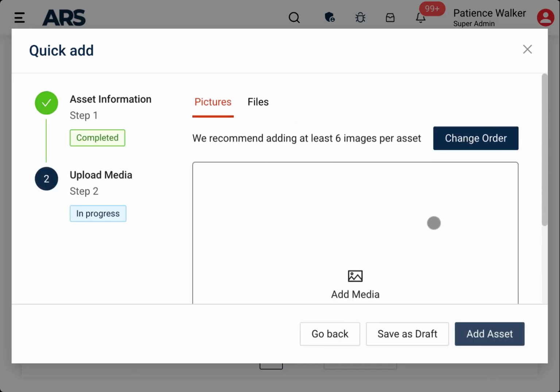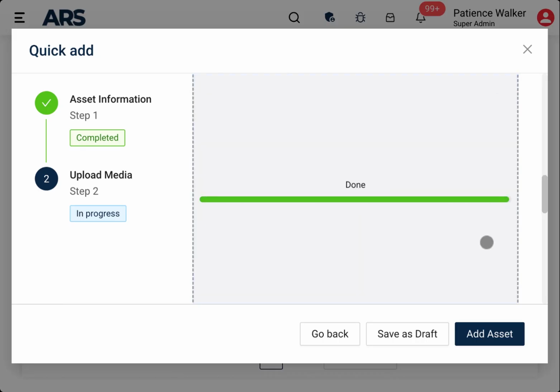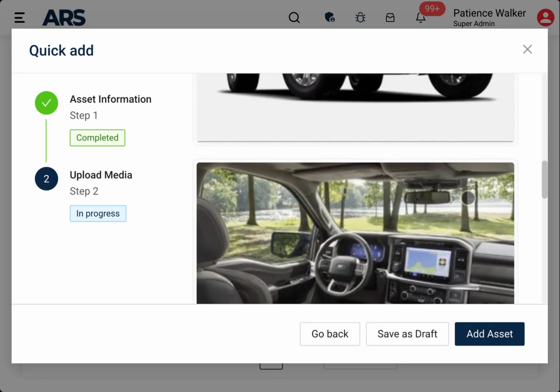Your next step is going to be to add media. So you can click the Add Media button, and it'll either open up the camera on your mobile device or you can select it from your library. Our recommendation is for you to add 5 to 10 photos per asset. Once your photos have been uploaded,